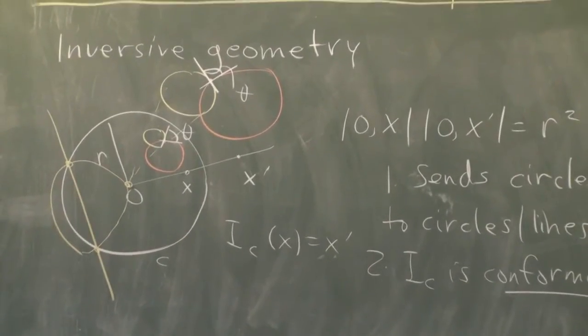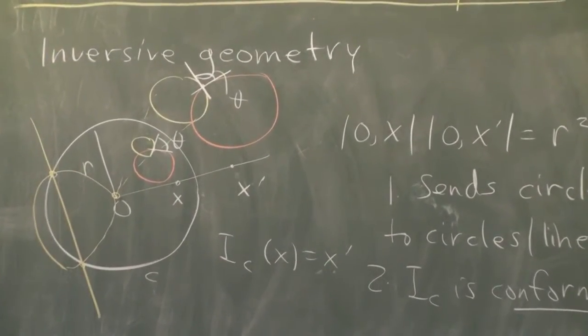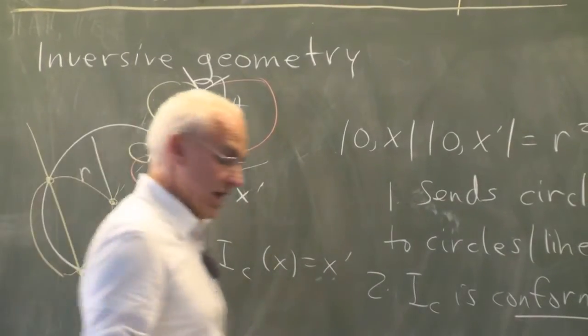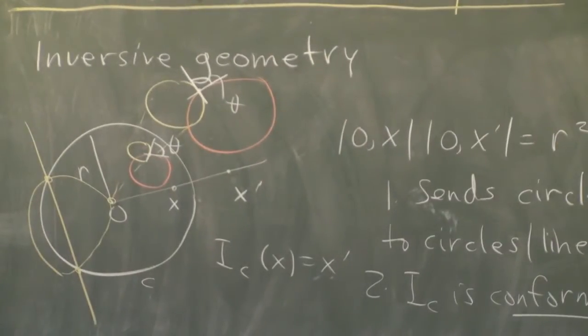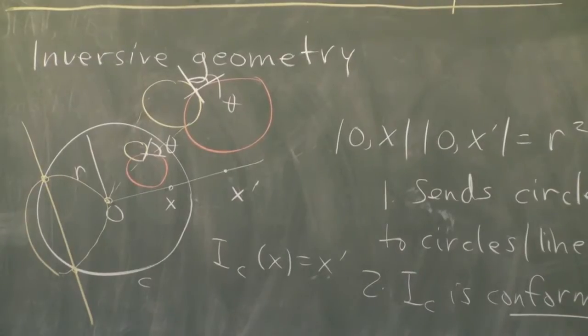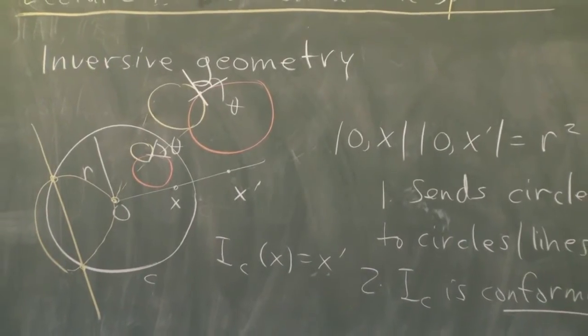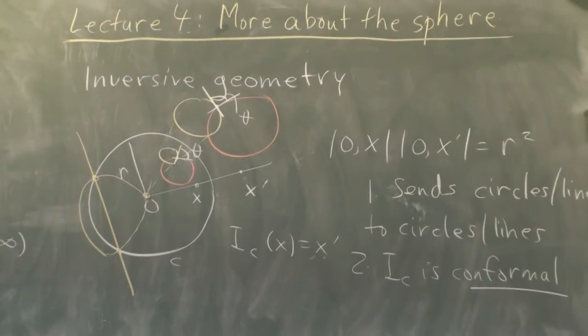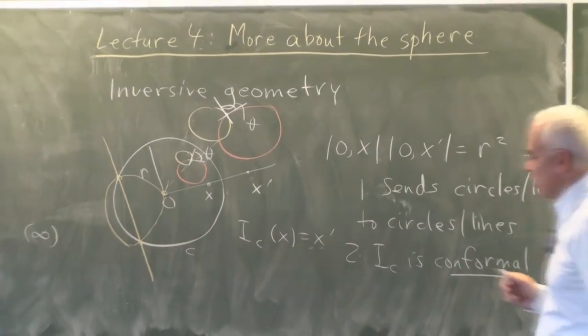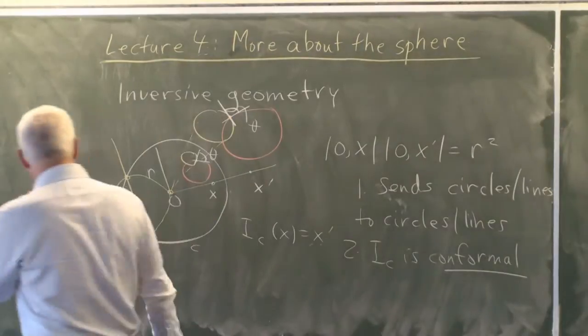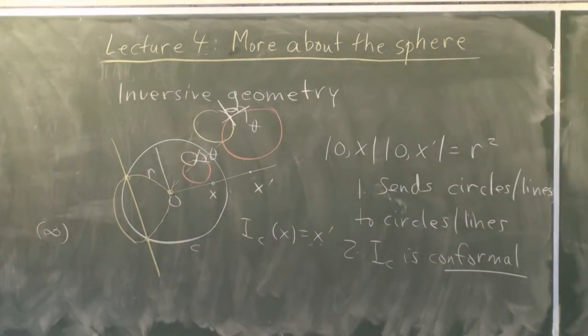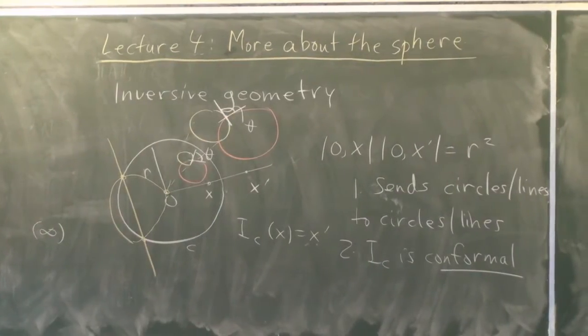So these two properties are, of course, very parallel to stereographic projection, and it turns out that stereographic projection can be viewed, in fact, as a type of inversion in a higher dimensional space. So it's not entirely surprising that these two things are connected. But I'm not going to mention that. So this is inversive geometry,